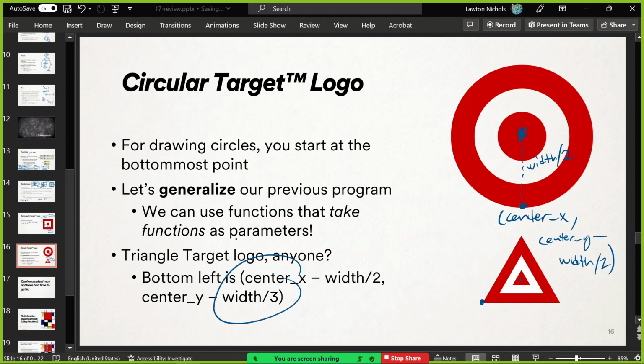Apparently, this is the formula. You go down a third of your width. Equilateral triangles are weird. So go down a third of your width, and then go over half of your width. That's how you get to the starting point.